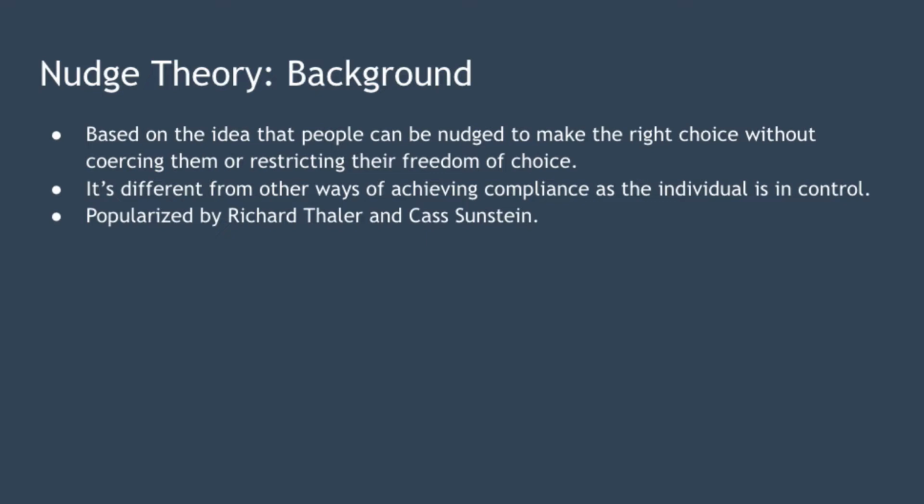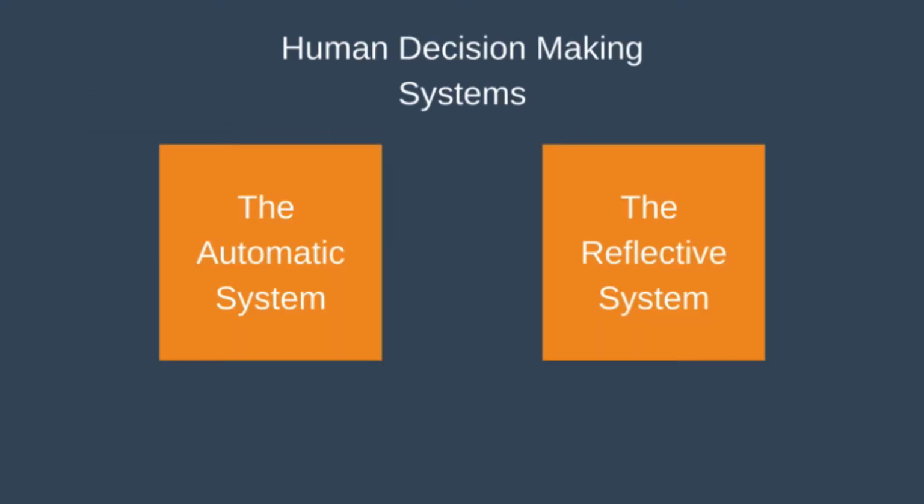Now, if you're watching this video, you probably think of yourself as a logical and rational individual making independent choices to solve problems as they arise throughout your working day. But is the truth actually a little more complex? Psychologists have long known that humans make decisions using two systems. The automatic system, a fast, intuitive system providing an automatic or emotional response, and the reflective system, a slower system